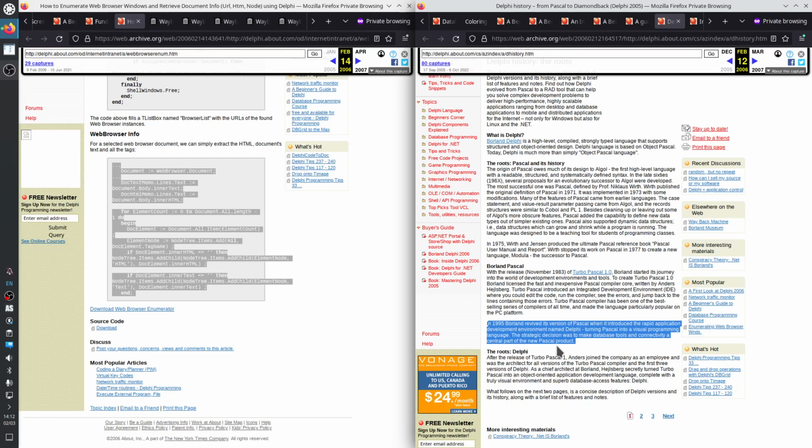To make database tools that can connect to Oracle. That's why it's called Delphi, because you go to Delphi to meet the Oracle. Connectivity is a central part of the product.